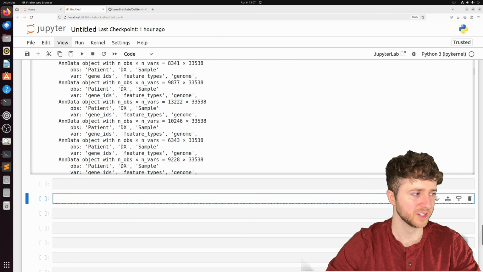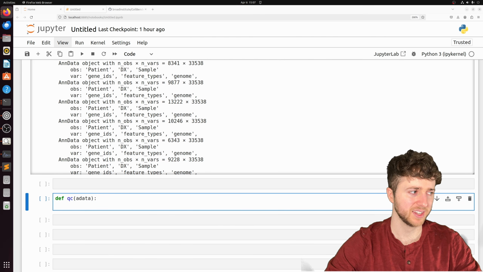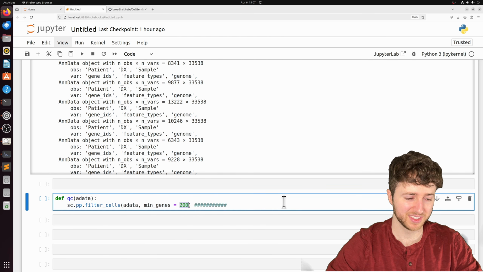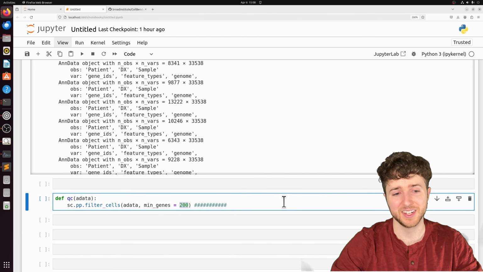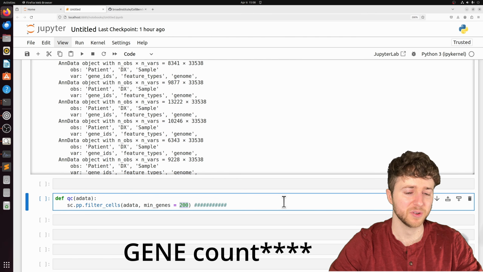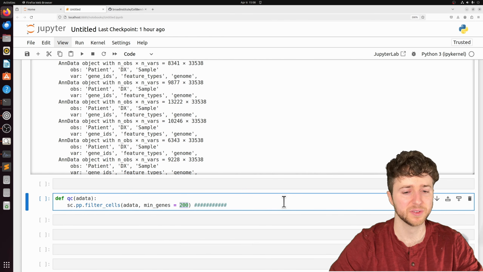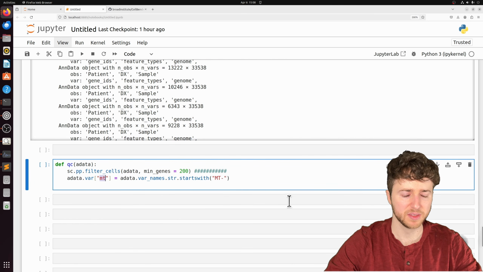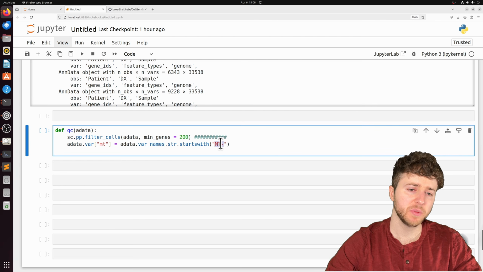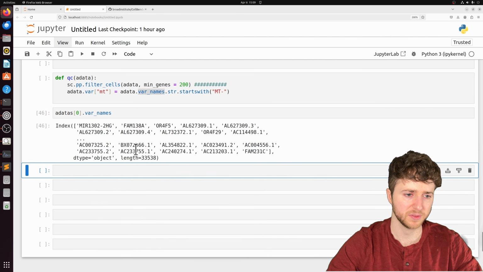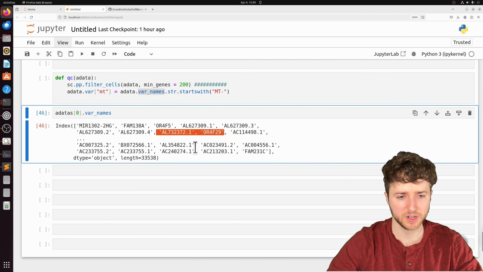We're going to make a QC function here. It's not going to be a filter function. We are going to filter out anything below 200 because anything below 200 is really not going to be a cell unless your specific data set has really low cell count overall. Typically 200 is a pretty good lower level threshold. We're going to annotate the mitochondrial genes. Typically, when you're working with human data, the MT is going to be capitalized. So if we look at AData or the var names, so the actual gene names, they're all capitalized.